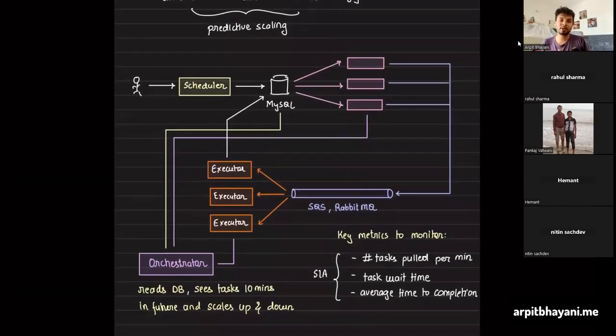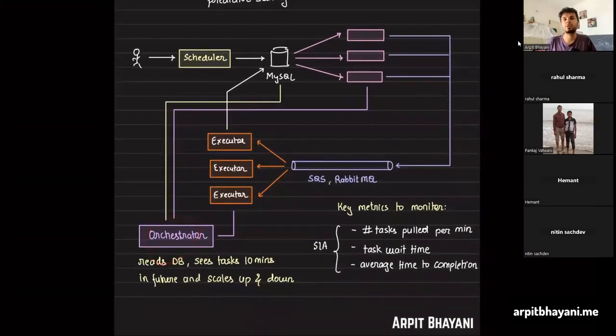So for us, it's important to scale up the infrastructure and, more importantly, scale down the infrastructure to reduce the cost, right? So you need a brain that is doing that scale up and scale down. Here we can use auto scaling groups provided by cloud providers, but typically you should not, because it's very particular about your system. The tasks are heterogeneous, as we spoke about. If your task has very high variance, some tasks execute in a few seconds, some tasks execute in a few minutes, while some take a few hours.